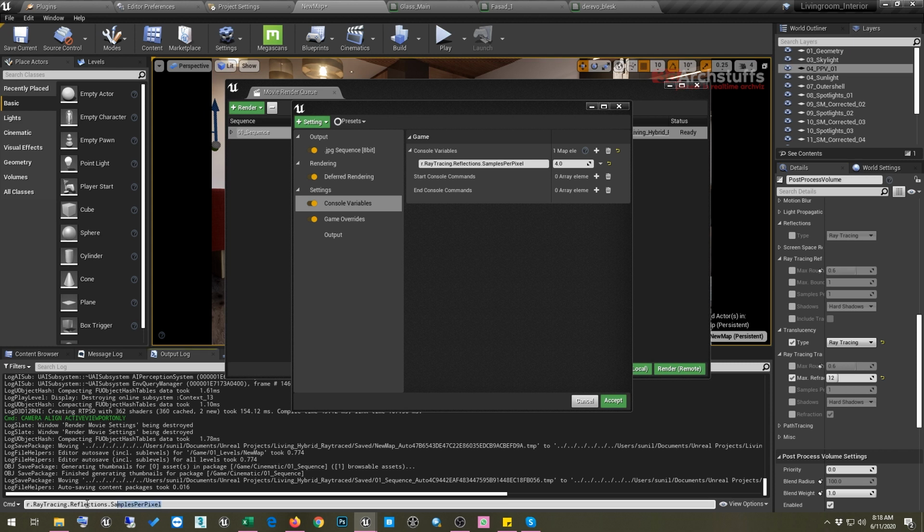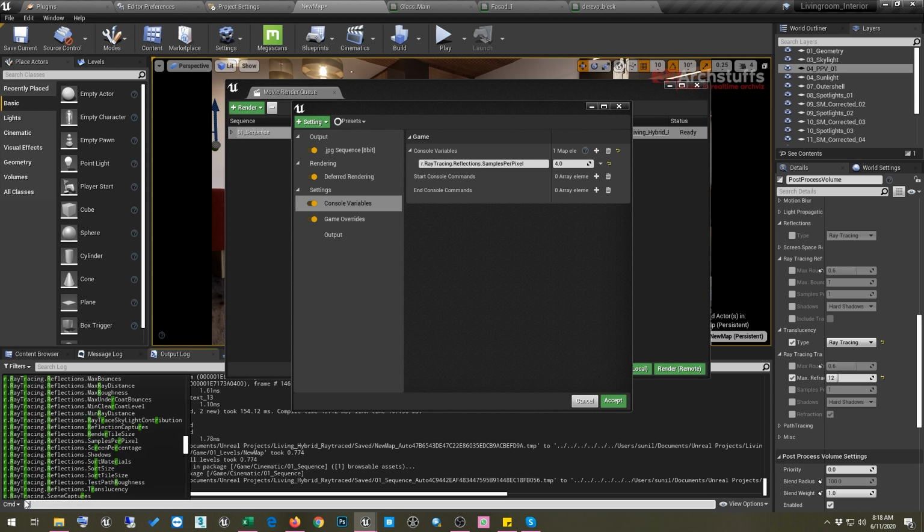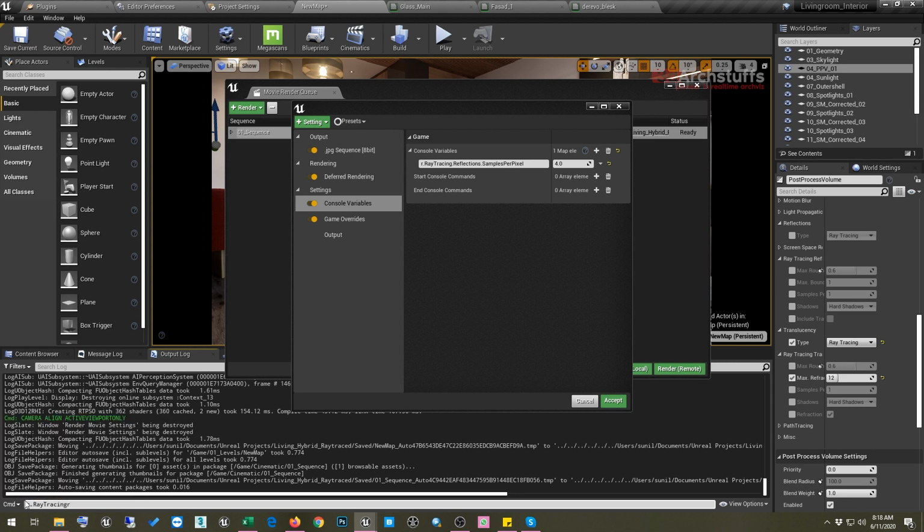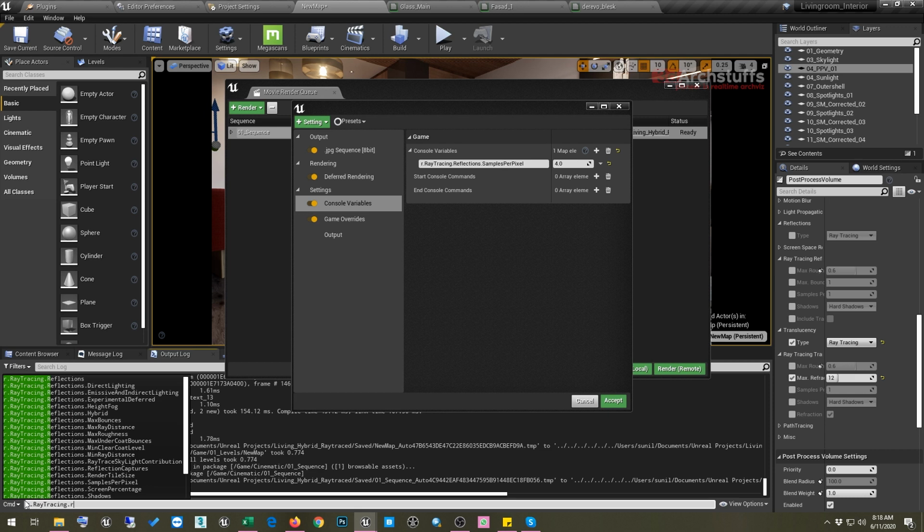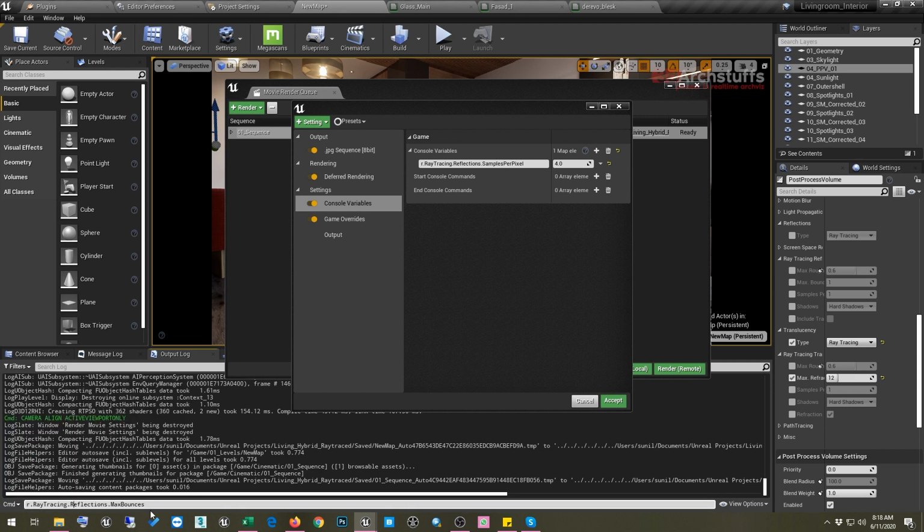So I'll go here: r dot ray tracing dot reflection, and then this reflection bounces.